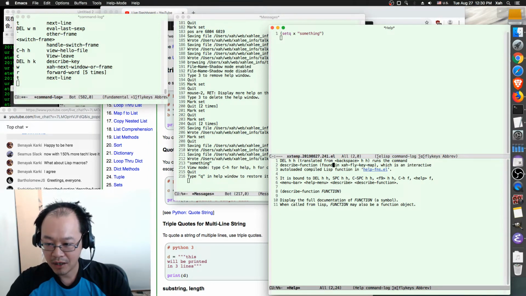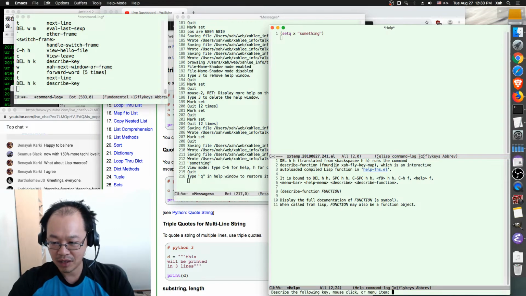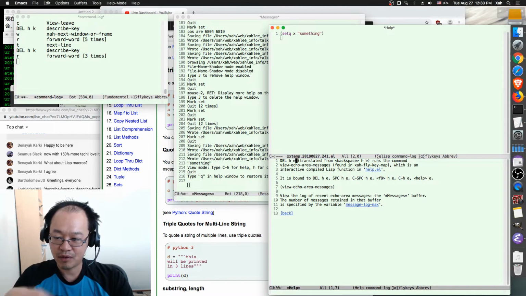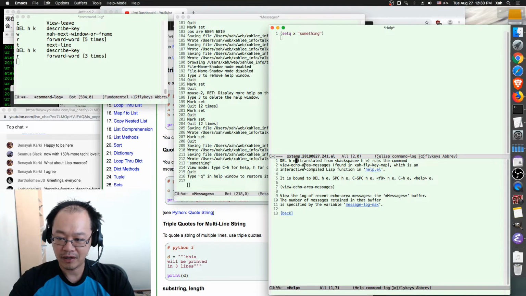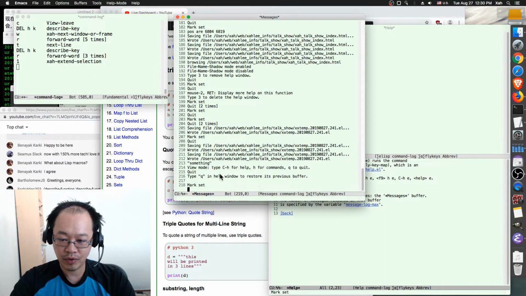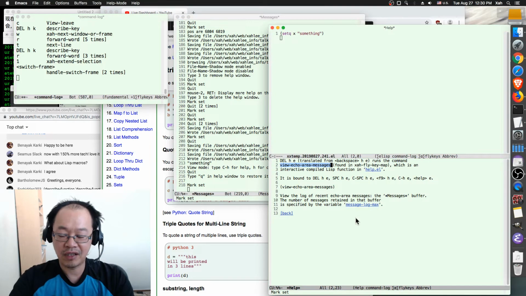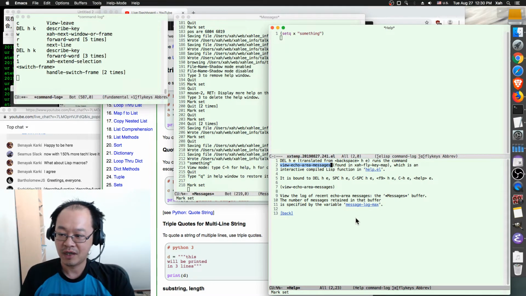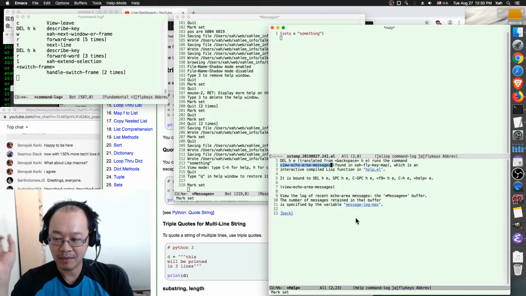What are we talking about? Oh, view message. Sorry. So describe key. I press my key for the command to pop up the message buffer. Then the command name is view echo area messages. That is the command to switch to the message buffer. Of course, you can always just use the normal switching buffer command. That works as well. But this one is the dedicated command to switch to the message buffer, and the default